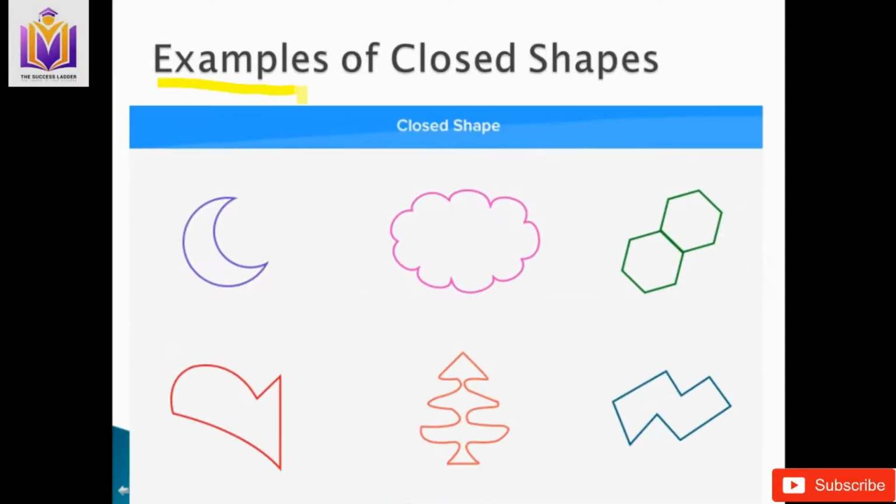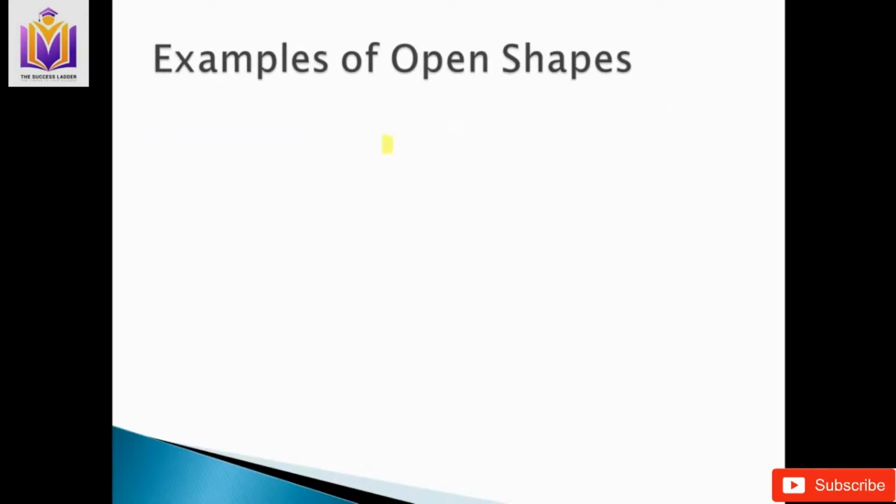Now moving forward, there are some examples of closed shapes. So let us see what the examples are here. These are a few examples of closed shapes. As we can notice, there is not any opening. All the figures are closely intact. The start point and end point are the same in all the 6 figures. So that means all these shapes are closed because they are not open from even a single point. They all are fully intact.